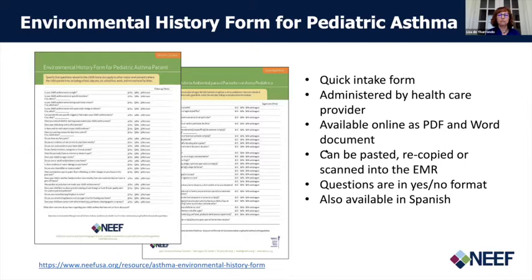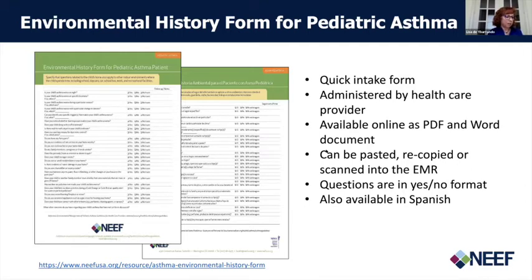The questions, like I said, are very easy and simple. A 4th grader can read it, in a yes and no format. So a lot of parents will think of their own home environment as they are answering this, but I encourage parents to think of what are the other areas that could be major triggers. So if they are staying at grandma's house for any length of time, they might think of the exposures through daycare, car, or work. And like I said, it's designed to capture major trigger areas.